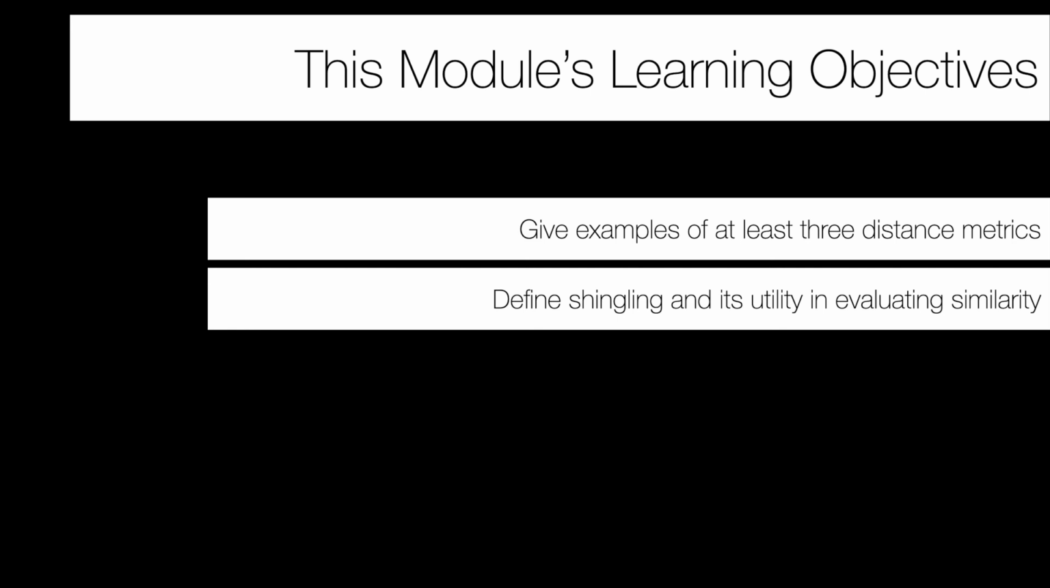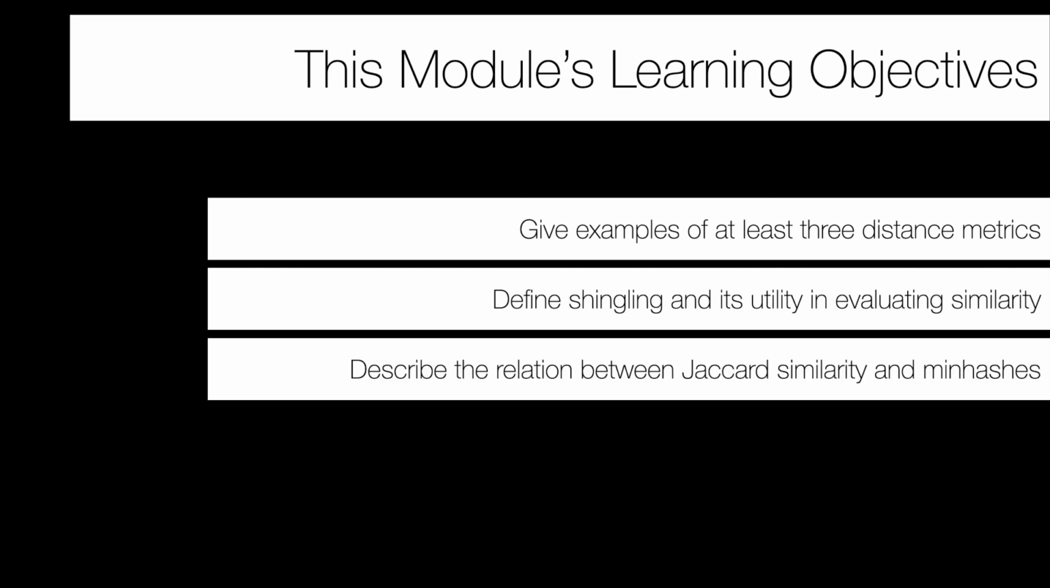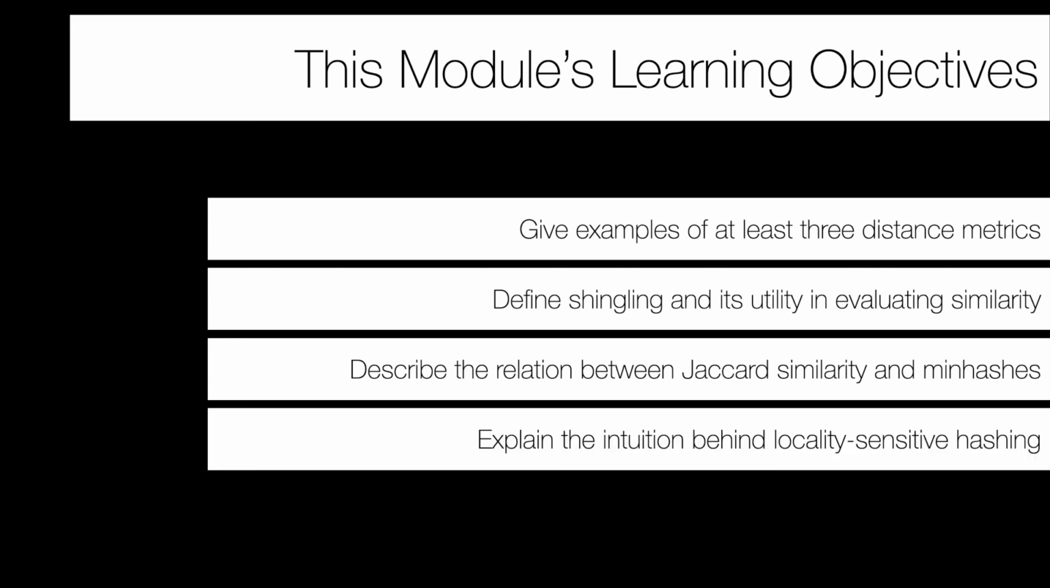This is a question about how you vectorize text into instances that you can very easily evaluate distance within or similarity within. Describe the relationship between Jaccard similarity and min hashes. So why does the min hash algorithm that we talk about give us an estimate for Jaccard similarity? And then explain the intuition behind locality sensitive hashing. So LSH is an